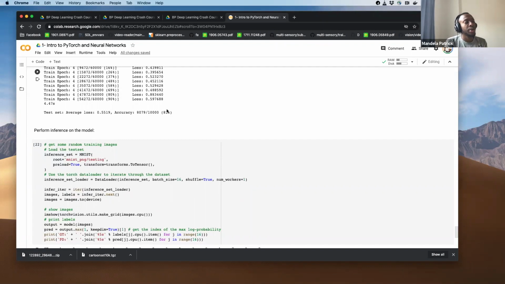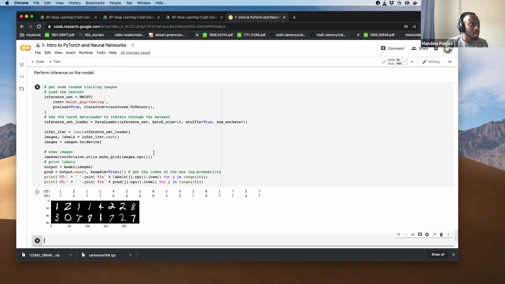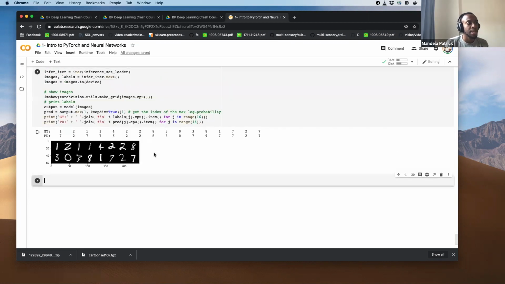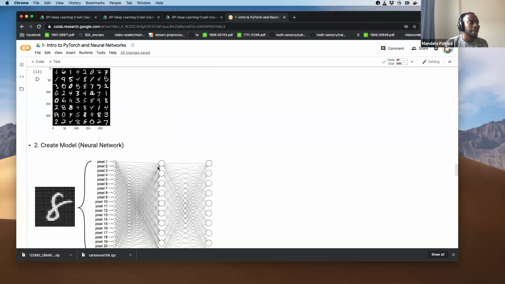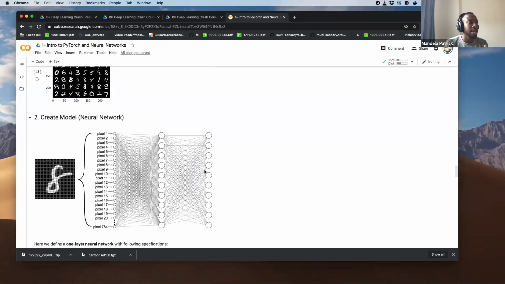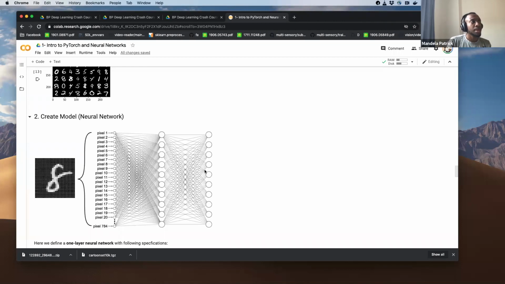In the lecture on Wednesday, we're going to use what we call a convolutional neural network, which is more designed for images, and it's going to increase the accuracy to basically 99%. But just with the basic building blocks we learned today of perceptrons, and stacking a bunch of perceptron units together, we're able to do a non-trivial task for computers, which is classifying images into digits. So this is, on a high level, the basic introduction.